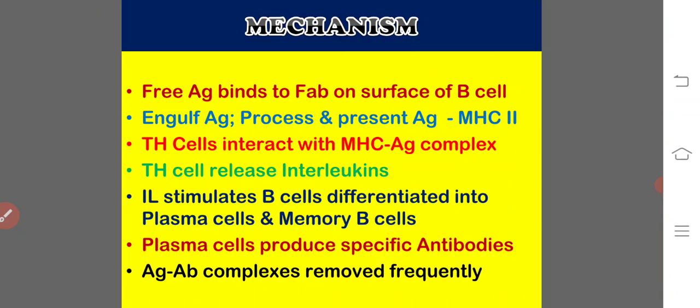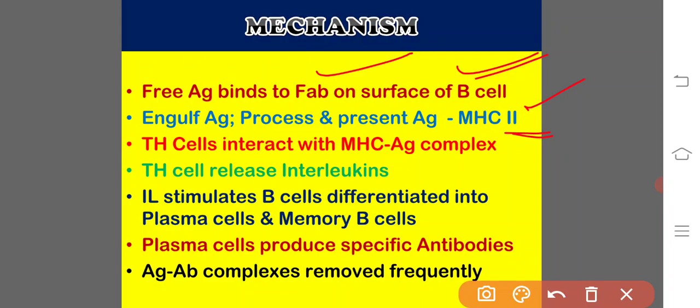The free antigen which is present inside the body binds to the fragment of antigen binding sites upon the surface of the B lymphocyte, and the free antigens bind to the FAB end of the antibodies that are present on the surface of the mature B cells. They engulf and process the antigens, then they display them as the antigen fragments on their membrane with the help of the class 2 MHC molecules. Then appropriate T helper cells recognize them and interact with them. The MHC and antigen complex will be formed